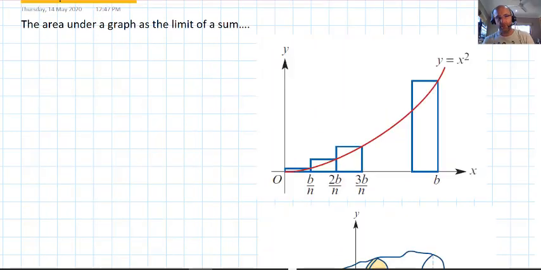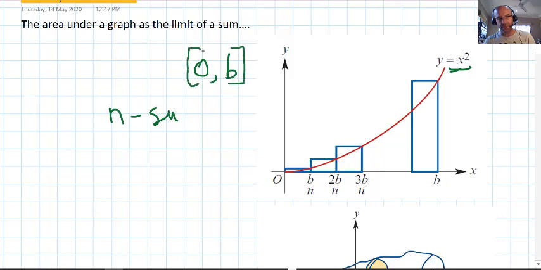In the past, with our calculus, we've looked at the area under a graph, such as this example here, y equals x squared. And we looked at it in terms of the concept of the limit of a sum. So that means if we have n subintervals, so the interval is from 0 to b in this case, it's split up into smaller intervals called subintervals. We have n subintervals,